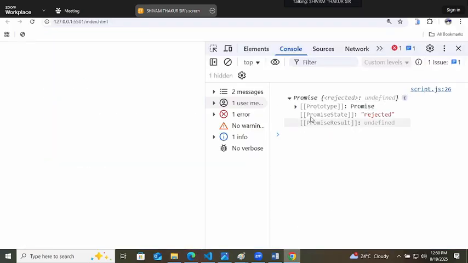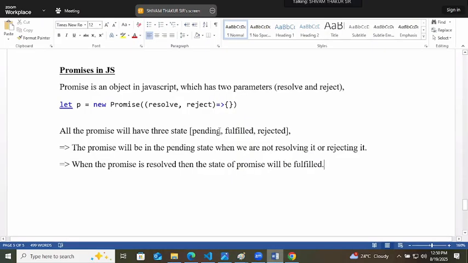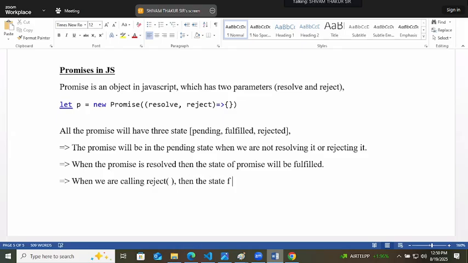At that time, what is the state of the promise? Rejected. So there are three states of the promise: pending, fulfilled, and rejected. The third state is when we call reject, then the state of the promise will be rejected.